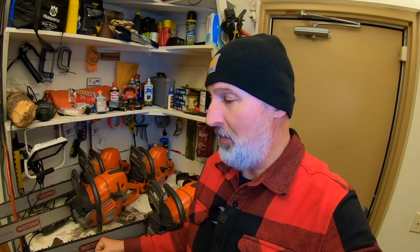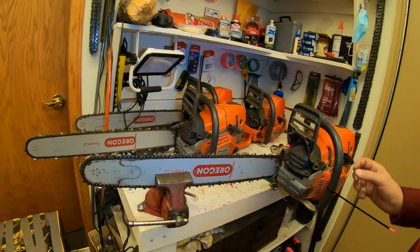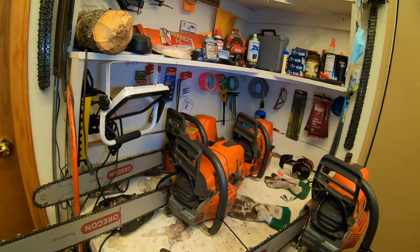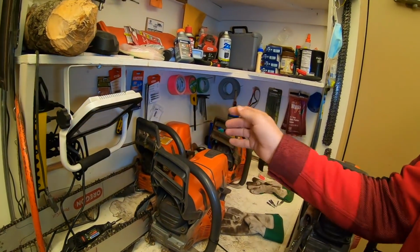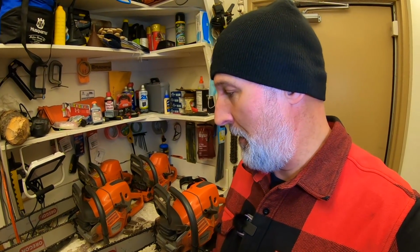So normally when I sharpen, I do not put my saws into a vise, and you'll see why in just a little bit. But for demonstration purposes, just for you, I'm doing this. I put it into a vise so that it's nice and solid. And the other ones I'm going to do right on the bench, and I'll show you how I do those, because that's the way I usually do it. But I'm going to show you some close-ups of how I sharpen the teeth. I get as close as I can with this camera. I can get within about 2 inches,